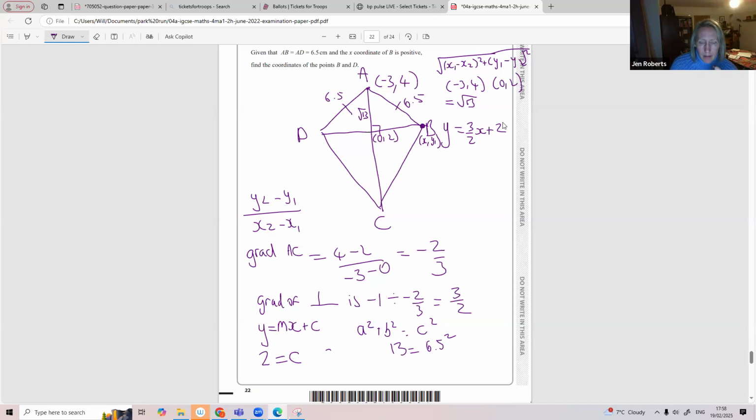You could say x minus 0, which is just x, squared, because I'm getting the length of this line, plus y minus 2 squared. Plus 13 equals 6.5 squared, which simplifies to